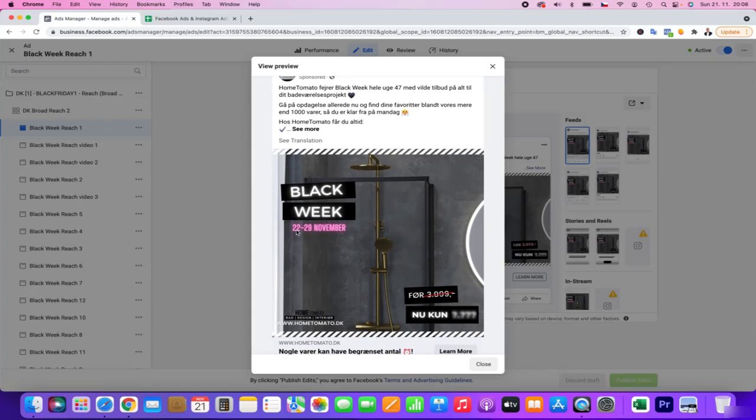November 22 until November 29. As you can see, it's a teaser, so people are teased for the best price, but it's opening excitement, because you get excited about what the best price is. And the key message is that Black Week is coming and the best sales, 1,000 products, will be at the best price ever.